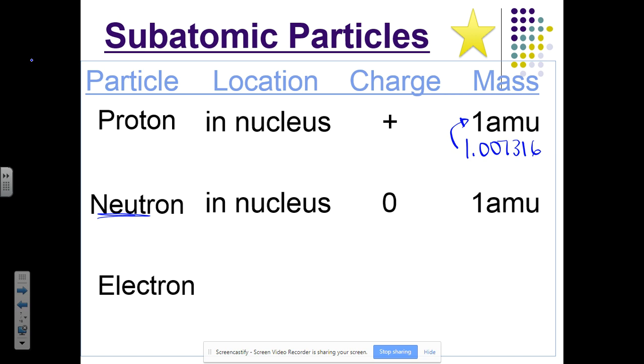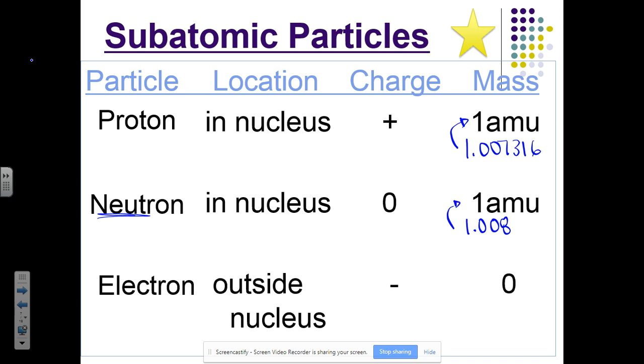And we have also assigned the unit 1 AMU to that because it actually would be 1.008. Okay, so see how they're approximately the same. We round it to 1 AMU. Electrons are found outside of the nucleus,